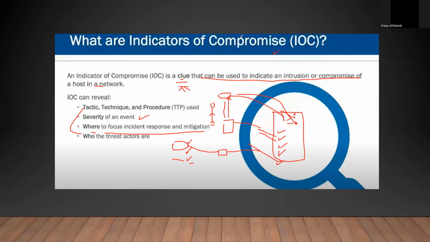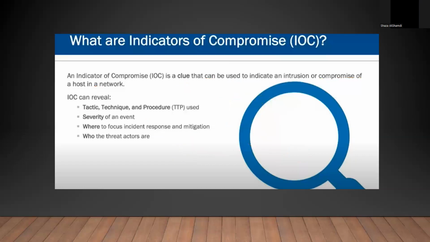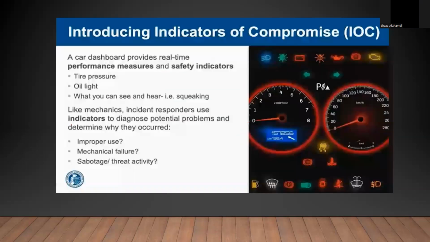So this piece of evidence can really help me answer many questions: what happened, where it happened, how it happened, and who was behind it. They sometimes call it the 5 W's, and this is the clue of evidence. And the indication of compromise, guys, the one that I like in this specific